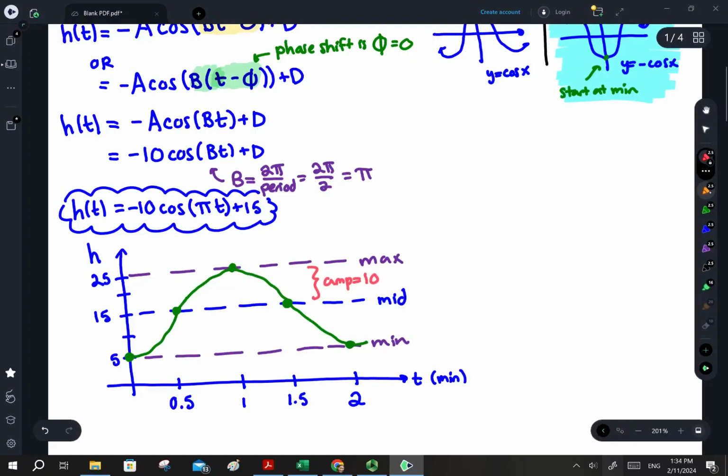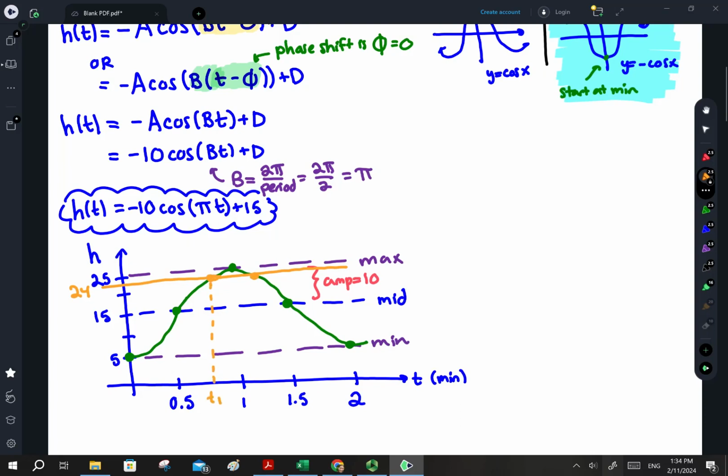And the question is asking for when the height is above 24 meters. Now, this is not going to be a perfect picture because it's not a perfectly to scale graph, but I'm going to estimate where the horizontal line at height 24 would be, and then see that that intersects my cosine curve in 2 spots, which I'm going to call those times where the intersection points occur to be T1 and